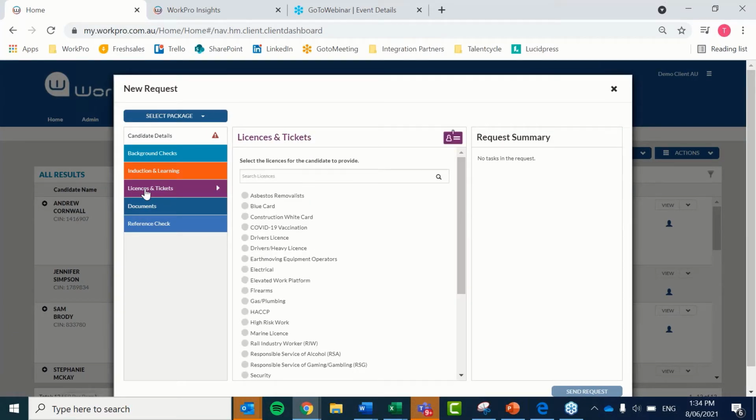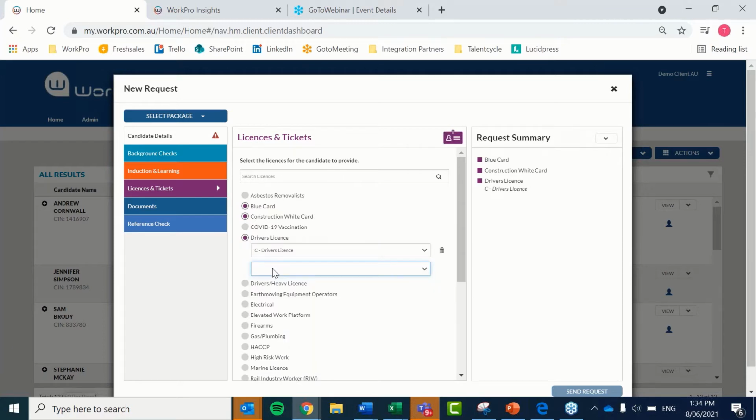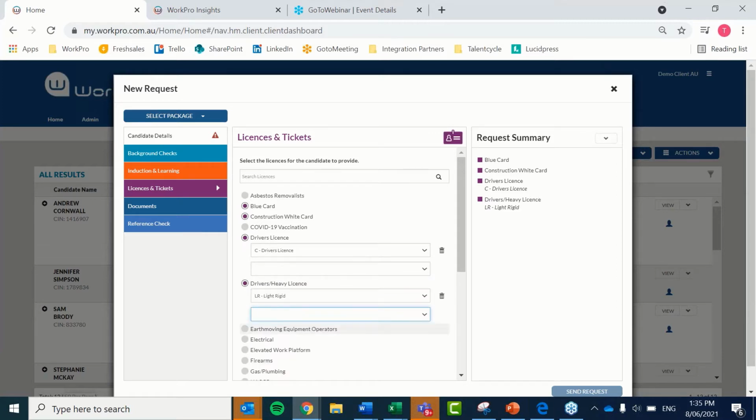coming over here, licenses and tickets, and you'll see that there's a whole bunch of licenses here, and depending on what you choose will depend on whether you receive further information, drill down to further information. So in this case, I want the driver. In this case of choosing a driver's and a heavy license, and for that, let's go with a light rigid, etc. So once you've decided and you've mapped the licenses or accreditations that you need to collect,